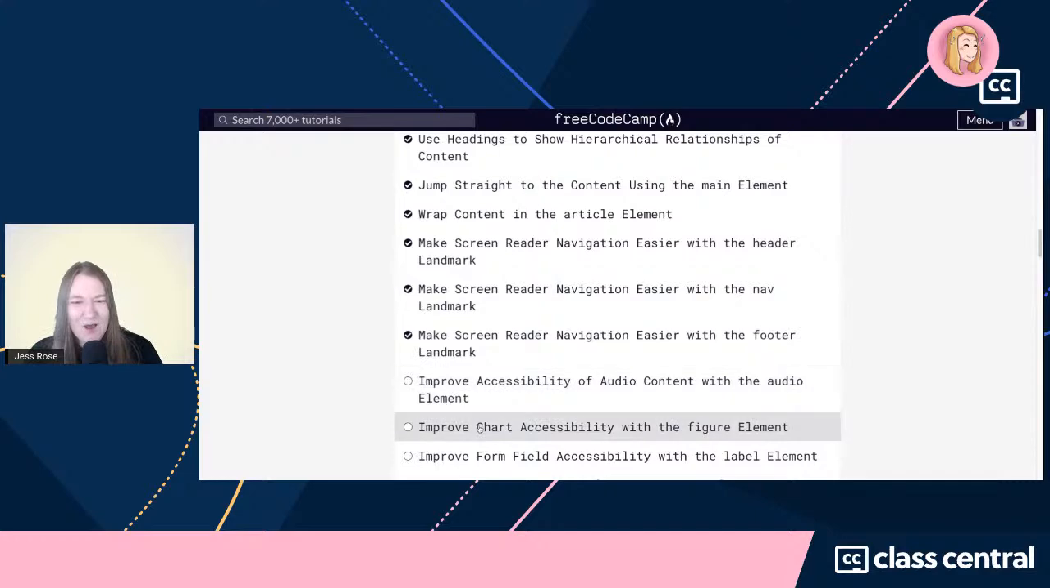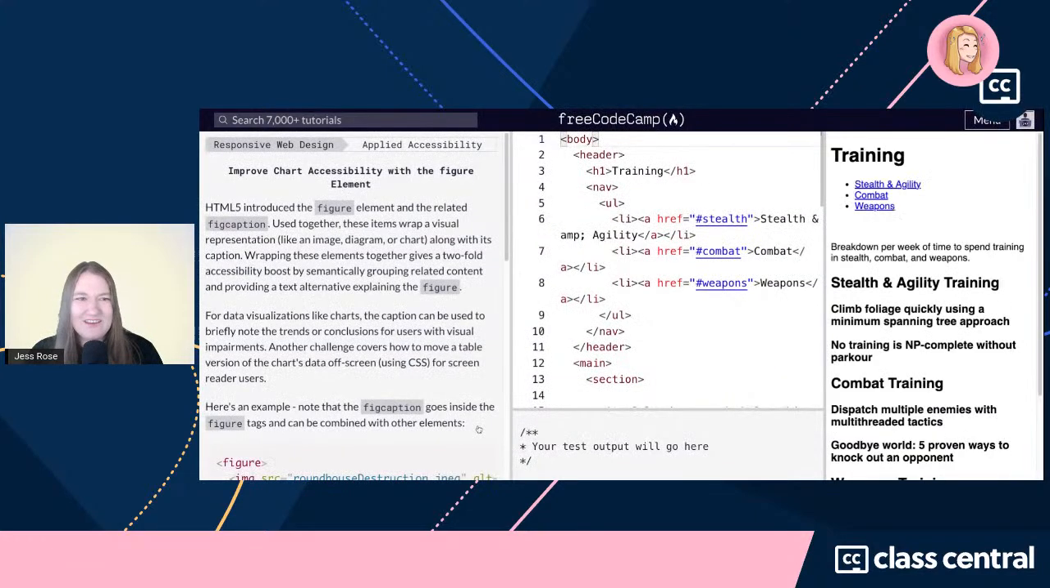We've just done the audio element. I promise we did. And we're going to come into chart accessibility using the figure element. And I really like this one because when we think about all of the different things that can exist on the